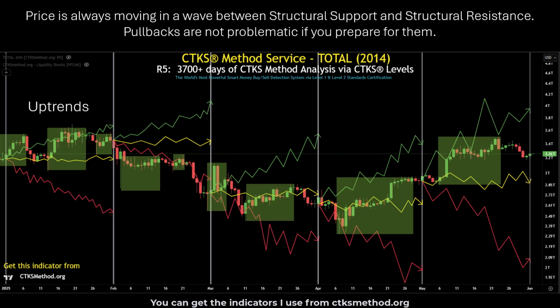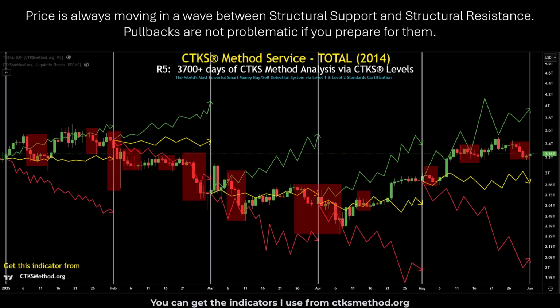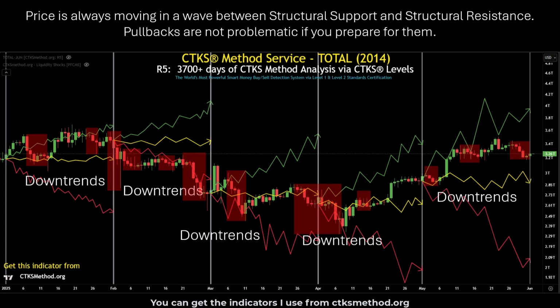So if we look from the other side, so we have all of these uptrends here, but what about if we look from the other side, all of these downtrends? You can see there are many, many downtrends inside market action. The major problem that people have, they confuse a short-term downtrend to mean the markets are heading towards zero, and a short-term uptrend to mean the markets are heading to infinity and beyond.